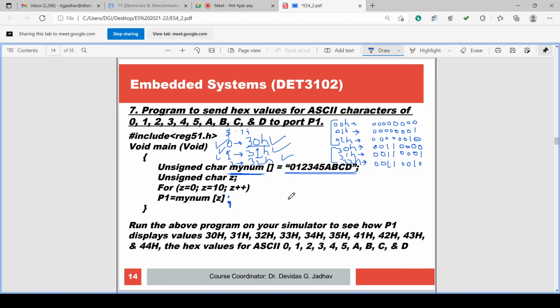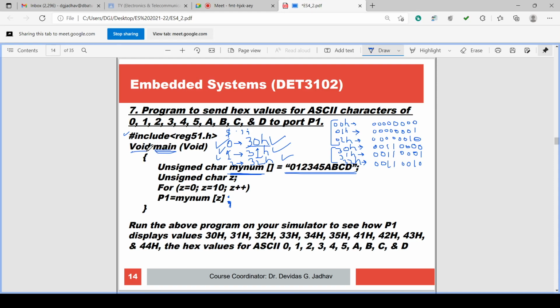So the program is, as usual, include REG51.H. We included the library header file, hash include less than greater than REG51.H. Then there is a main function.